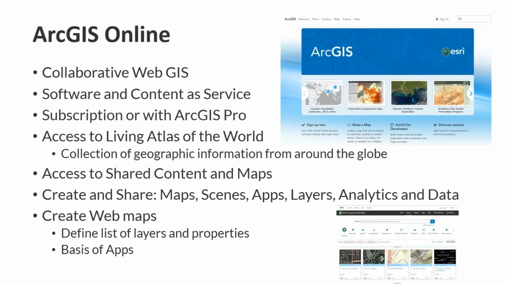First, I want to talk about ArcGIS Online. ArcGIS Online really is a collaborative web GIS. It provides software and content as a service. You can get it as a subscription, or if you purchase ArcGIS Pro, you will get ArcGIS